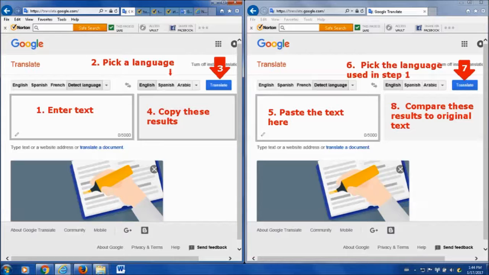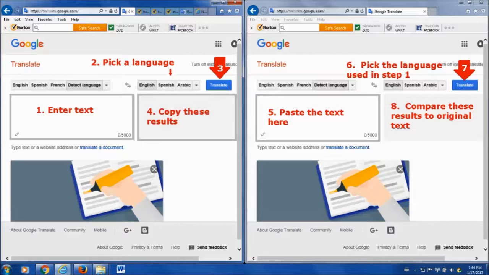I copy them to the clipboard. I go over to my other window. I paste the text there. The auto detect will tell me what language I'm using. I go up, and for my translation, I translate back into English, and then I hit translate, and then I